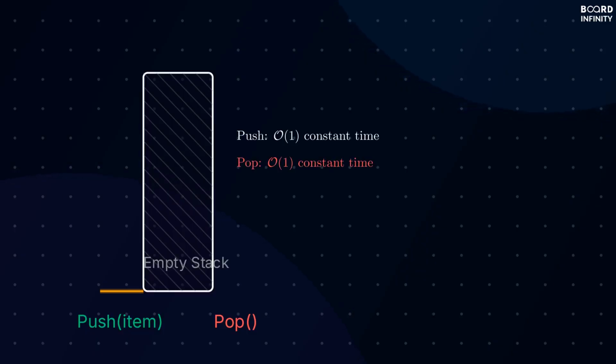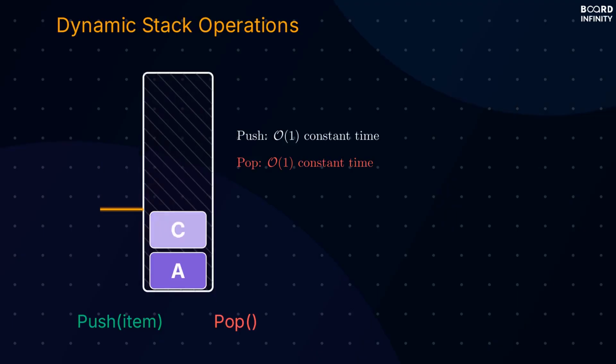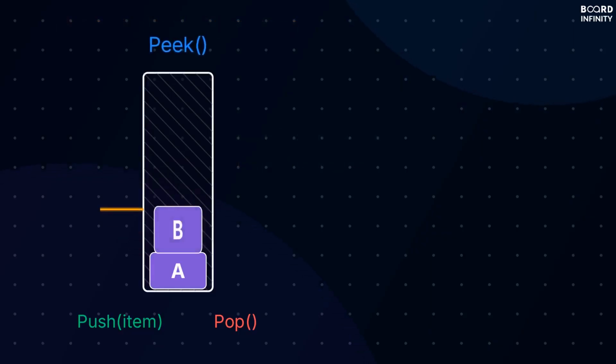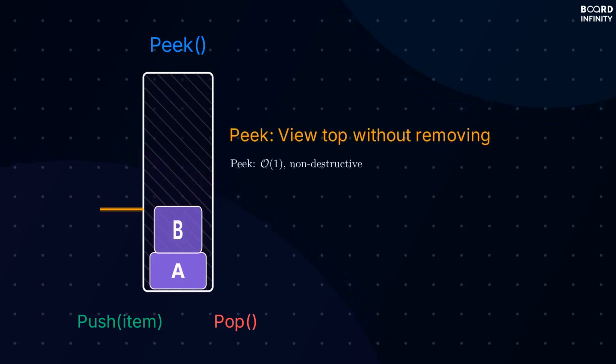Let's see how push and pop work in practice in a dynamic scenario. Notice how the top pointer continuously adjusts, always marking the current topmost position, which is critical for maintaining the stack's last in, first out order. Beyond push and pop, some stack implementations offer a peek operation. Peek allows you to view the item at the top of the stack without removing it. This operation is also O(1), constant time, and is fundamentally non-destructive, meaning it doesn't alter the stack's state